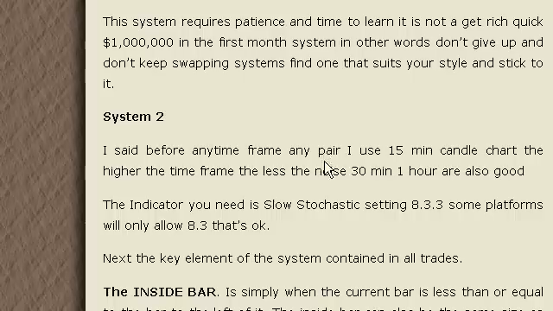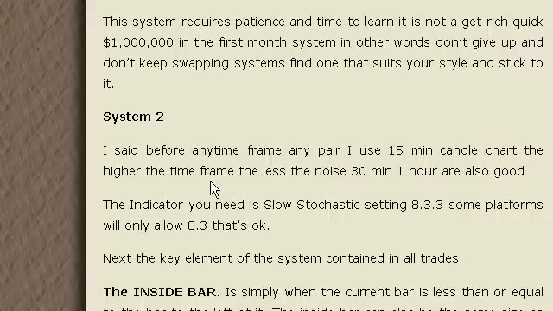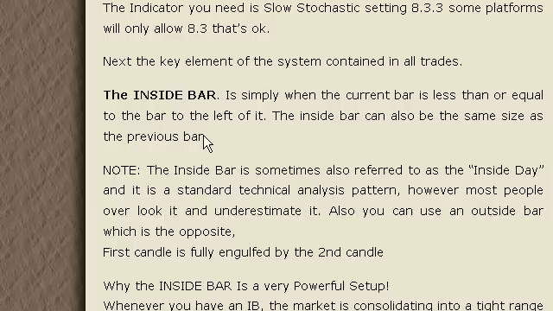You can use it on any time frame up here. It uses the 15-minute candle chart. That's pretty good. That's what I use as well. The indicator is based on the slow stochastic setting of 8-3-3. Some platforms are 8-3, so that's good. Like I said, the default stochastics is 8-3-3 on that